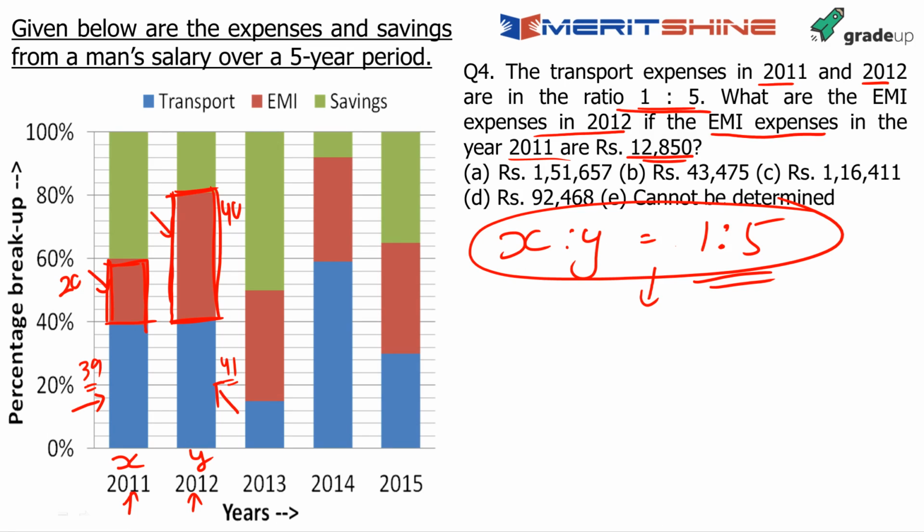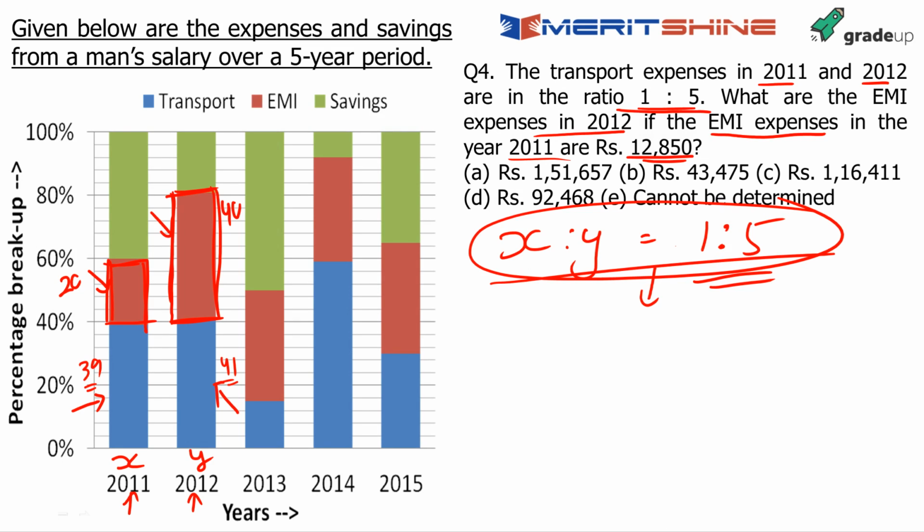Then when you are talking about EMI expenses, in X I am just taking 20% and in Y I am taking 40%. So what is the cumulative effect of it? One is the effect of into 5 and the other effect would be of into 2. So what is the total effect? Around into 10. There is no other way.